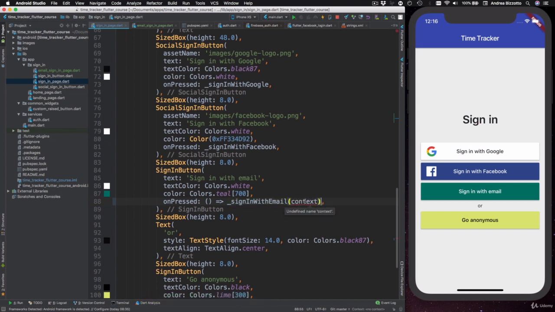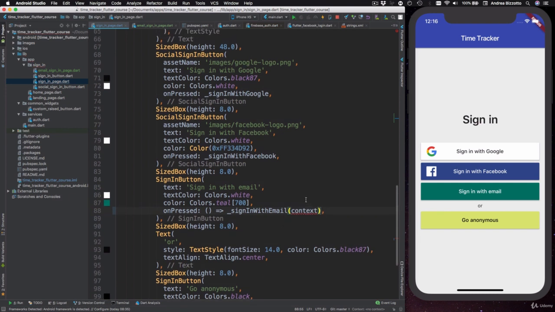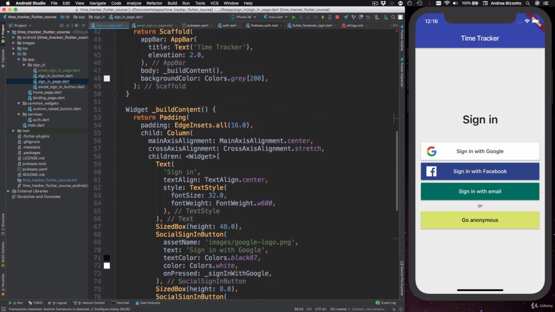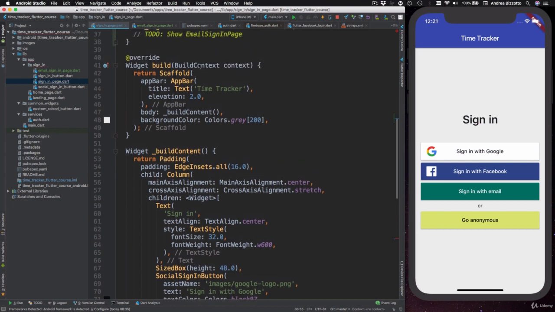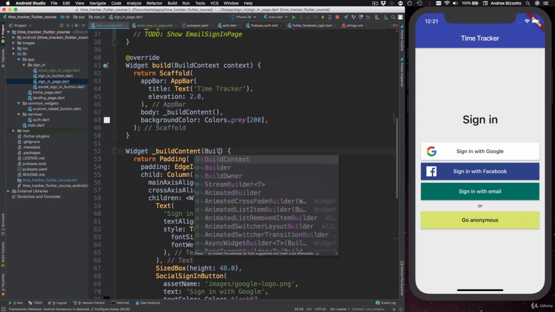Now, the compiler complains because context, it says, is undefined. And the reason it is undefined is that at the top of this build content method, we don't have it. So one thing that we need to be aware of is that when we work with stateless widgets, then the build context is always passed to the build method itself. However, if we define our own methods and these require a build context, then we need to remember to pass it along. So the way we're going to fix this is to add a build context